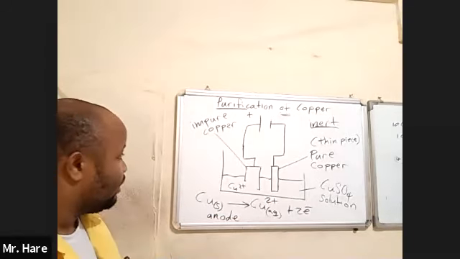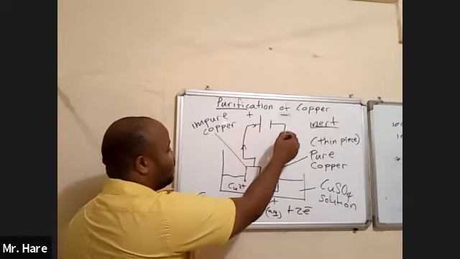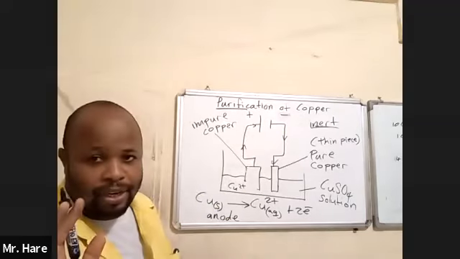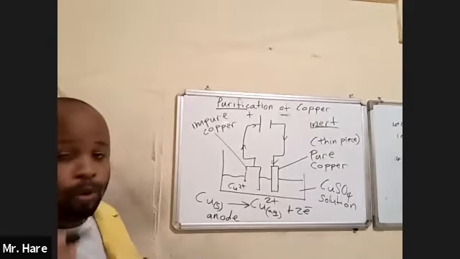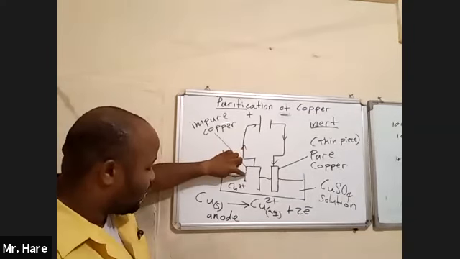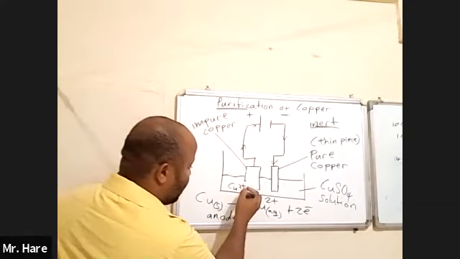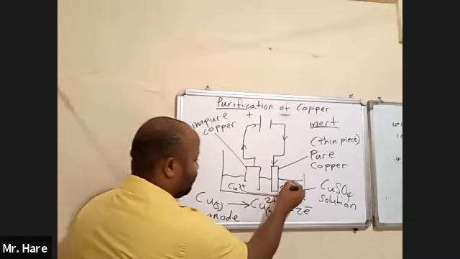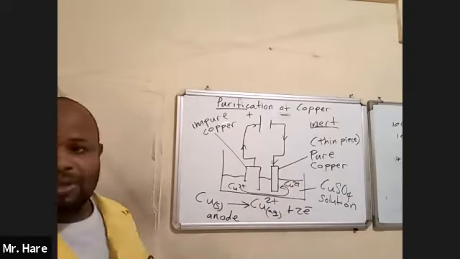Now remember, in electrolysis, electrons would be flowing. So again, positive ions would be attracted to where? The cathode. So look what happens. The positive ions, the copper 2+ ions, fall off into this solution. They are then attracted to the cathode. When they go to the cathode,